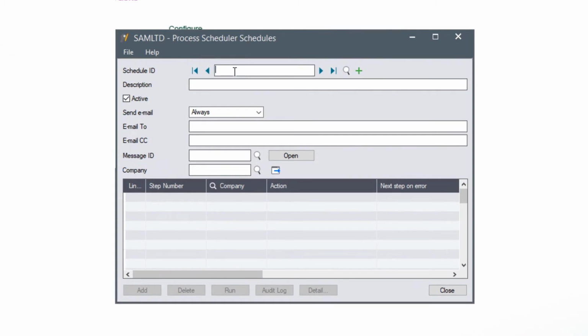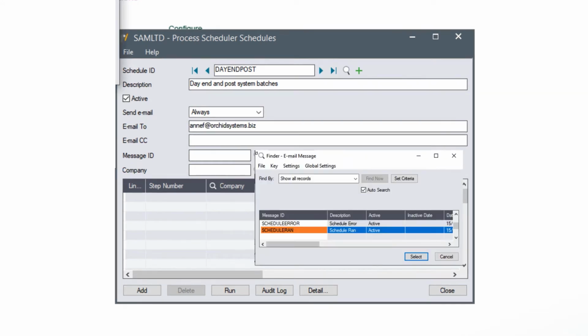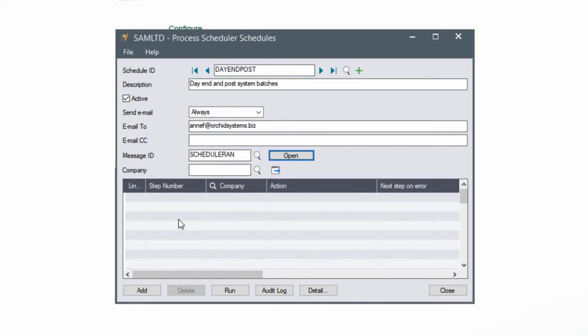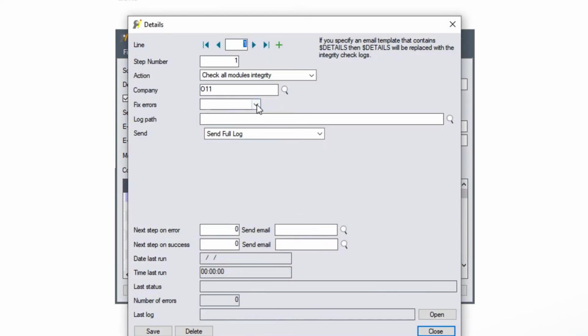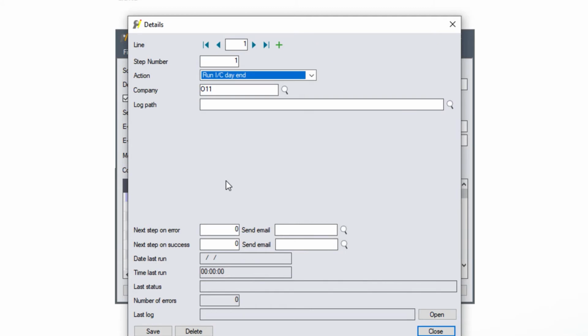The first schedule we're going to create is the one for day ends and for posting the batches. And we always want to send an email to alert us when the schedule has run. And the message ID we're going to do is the schedule ran. Our first step is going to work in company O11. And using the Detail tab, our first step is going to be to run an IC day end in O11